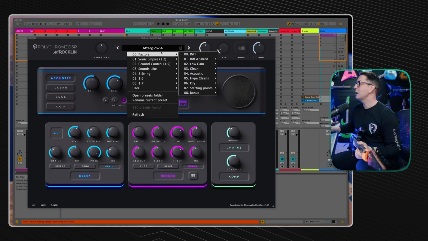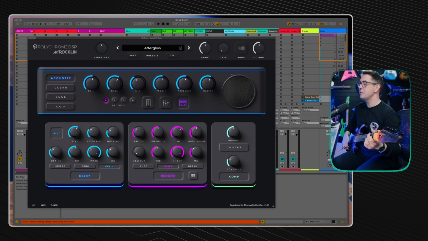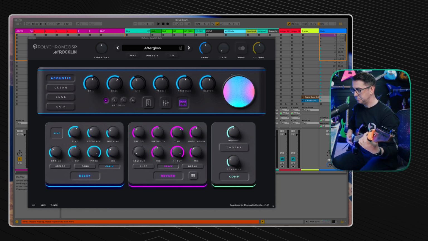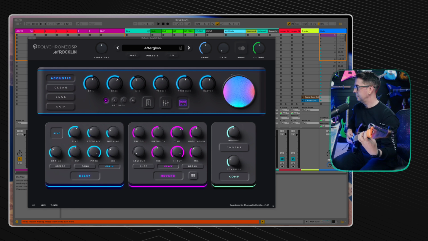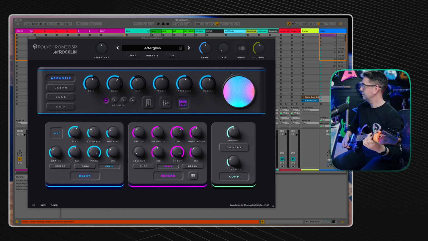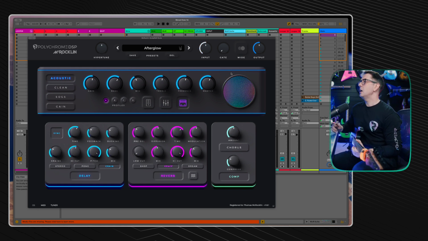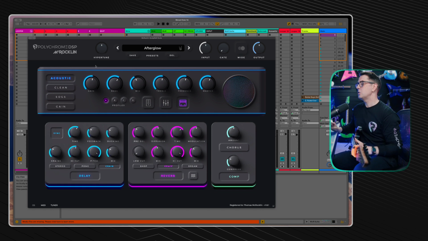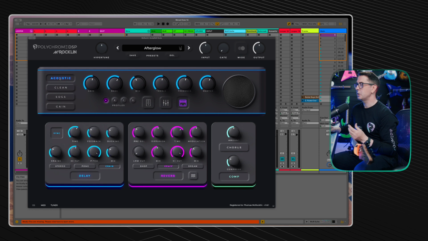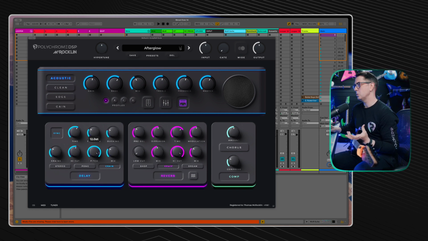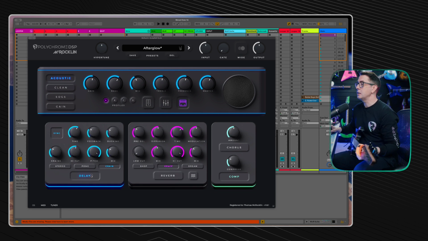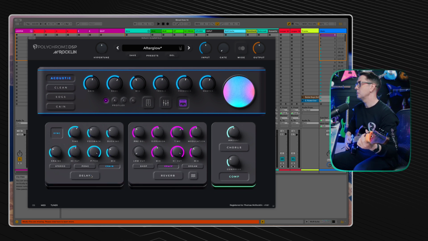Okay, so let's go back to the beginning. Afterglow, the very first version. So I think what makes Afterglow, first of all, so cool to play is it's a very sparkly, clean preset, and it's because it's using the acoustic tone or the acoustic amp as the heart of the actual tone. But the grain delay is what's given it that shimmer-like feature. So if we turn off the delay and reverb,